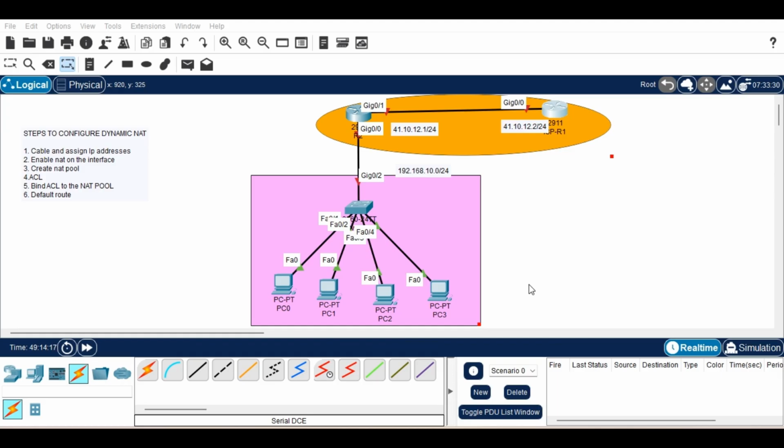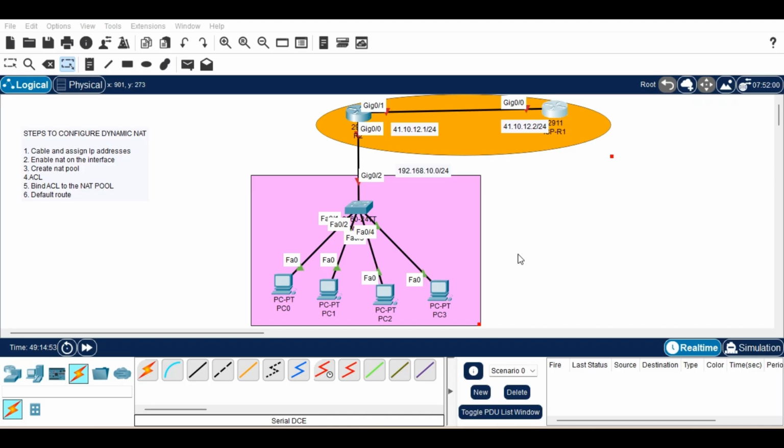Have you ever configured NAT in Cisco Packet Tracer and just nothing works? Where computers can't reach the internet, servers do not open, the NAT table stays empty. So focus on this video. Today I'm going to guide you step by step configuring Dynamic NAT and troubleshooting all those issues leading to such